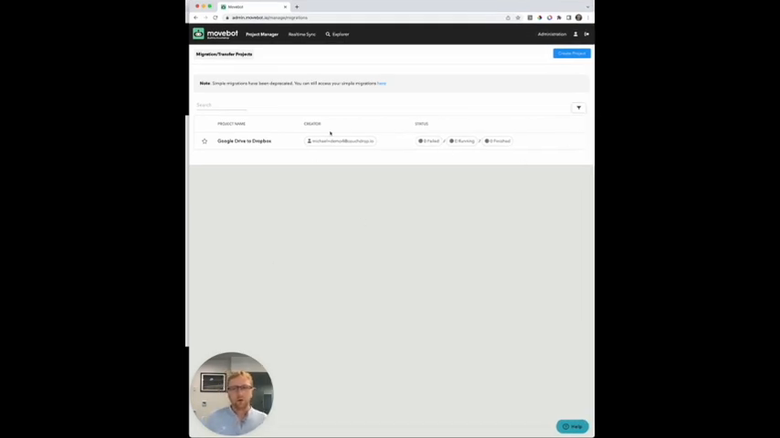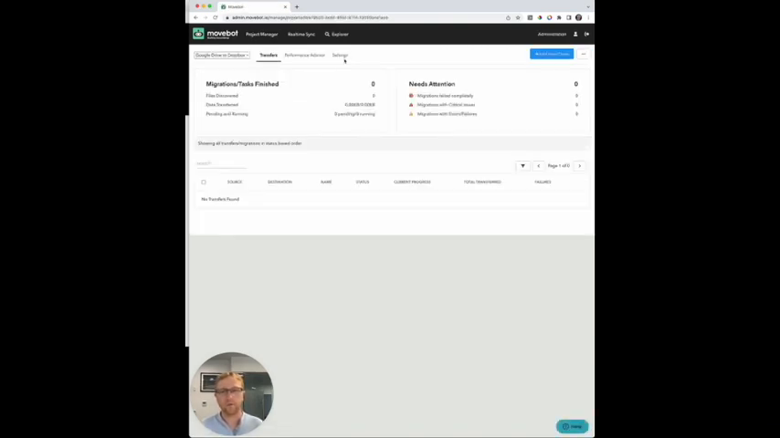And so this is Movebot, and this is what you will generally see when you first sign into Movebot. Now I've actually already created a base project and I've linked it to Google Drive and Dropbox. That part of the process can take a couple of minutes, so I wanted to streamline it a bit. But if we jump in and have a look at the settings,